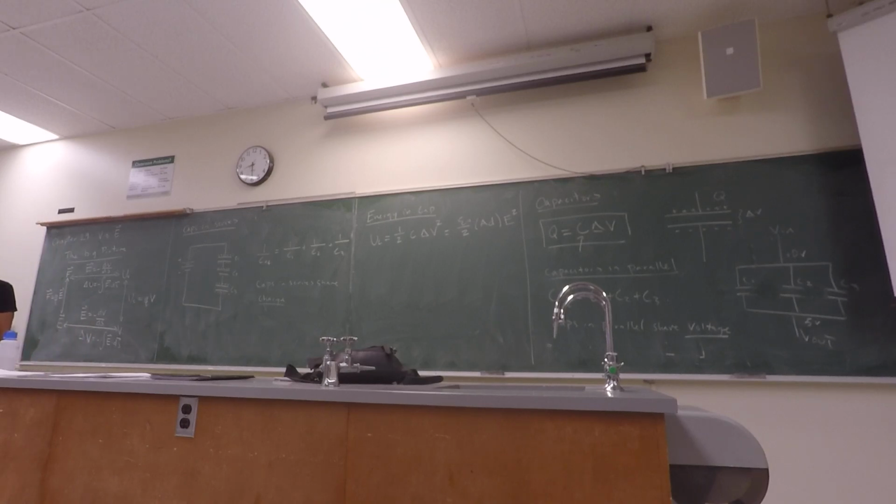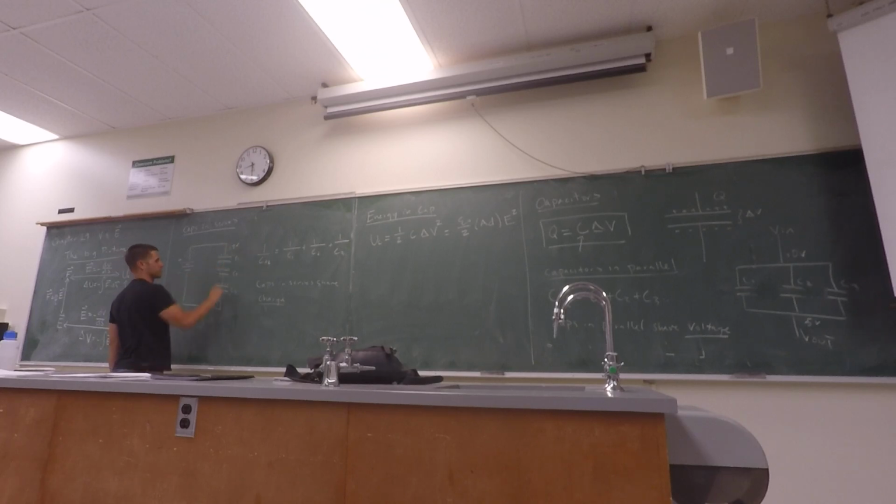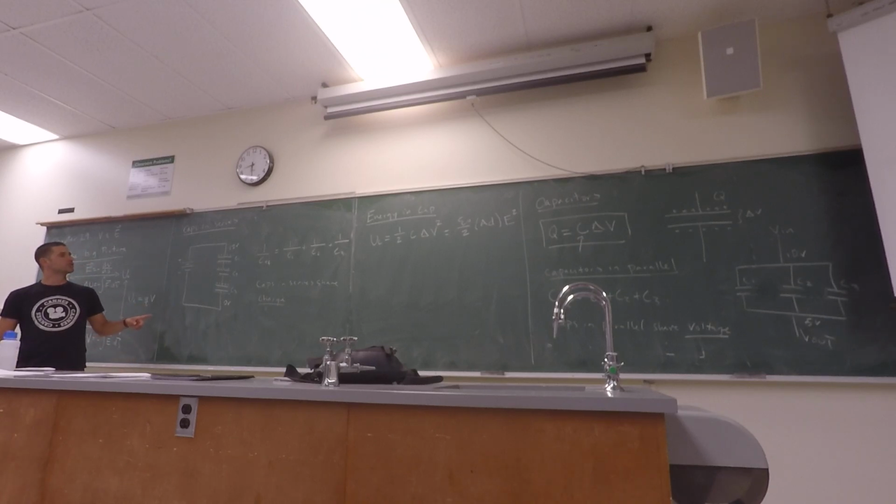Yes? Yeah, so what happens with capacitors in series and voltage? With voltage, do they share it? There's no simple relationship between voltage and capacitors in series. What you would have to do is say, okay, we know that, for instance, if this was 12 volts and this is 0 volts, 12 volts drops across here. What we could do is find the equivalent capacitance,